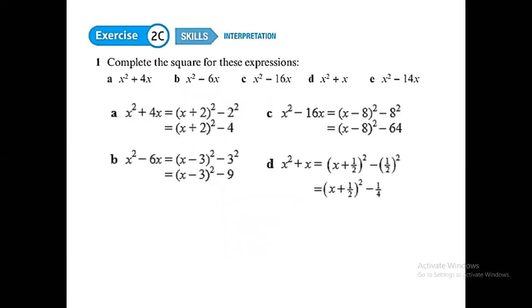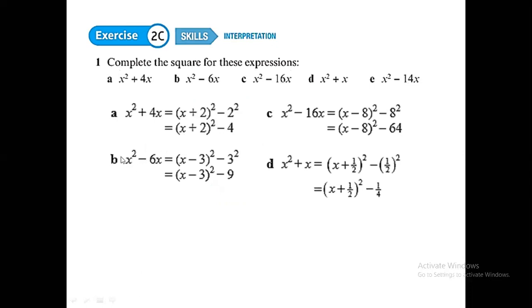Then let's move up to this first example. Here, in this completing the square, there is no constant term in this question. Let's see how to do that. The coefficient of x is already 1. Then take the half of 4. Half of 4 is plus 2. You can write (x plus 2) whole thing squared minus the square of this number. So this is (x plus 2) whole thing squared minus 4 is the answer over here.